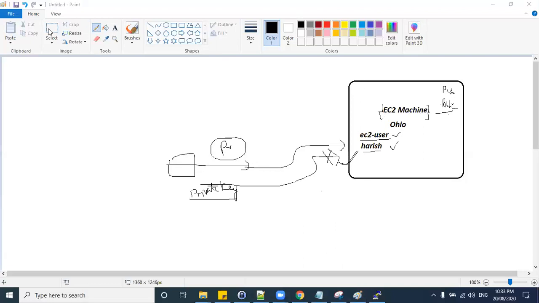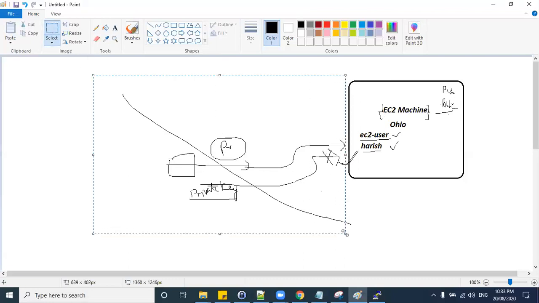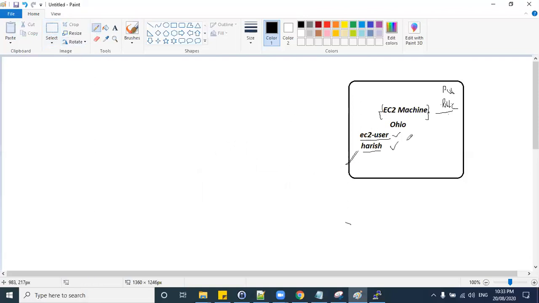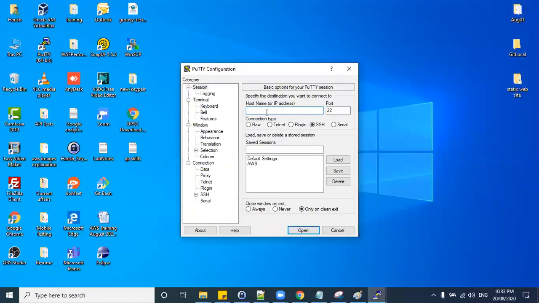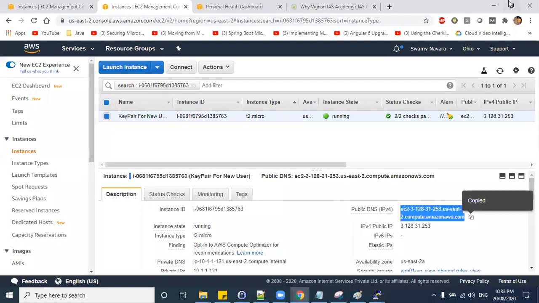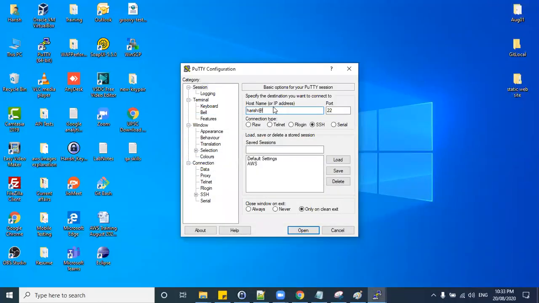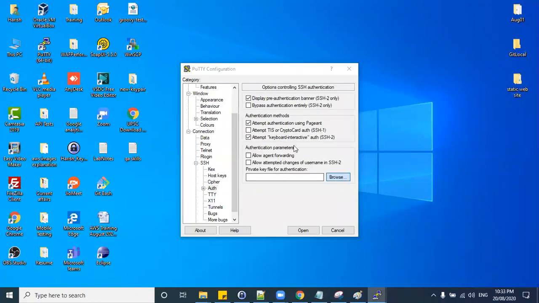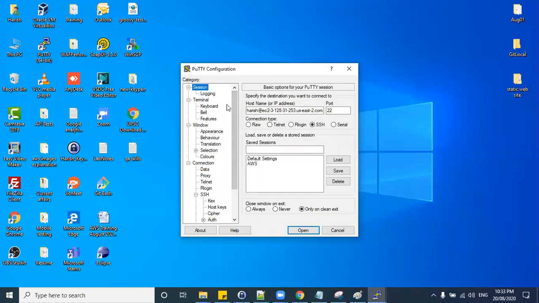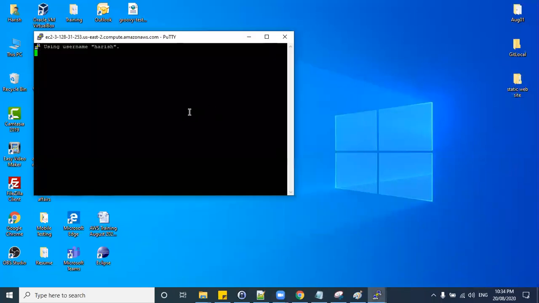So what exactly is happening? We have the default user ec2-user in our EC2 machine. Now we have added the Harish user. But if I want to log in here from PuTTY, and I give Harish with this EC2 machine's IP address, and I'm using the same key that ec2-user is using, it will not allow it.